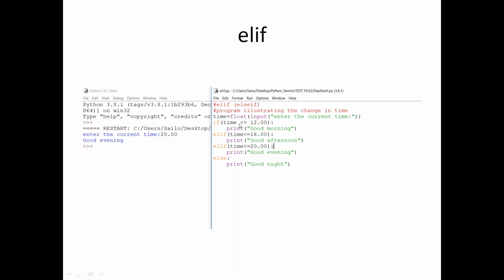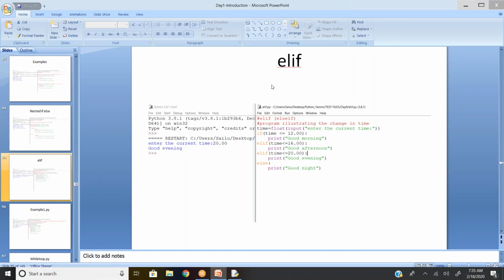So in other way, I can say that in layman's terminology, time is less than or equal to 12 in the first case, and time is less than or equal to 16 in the second. Indirectly, for the second one, we are expecting time is between 12 to 16 only. So that is the else if concept. Any questions? So we'll drop for the day and we'll discuss tomorrow again.